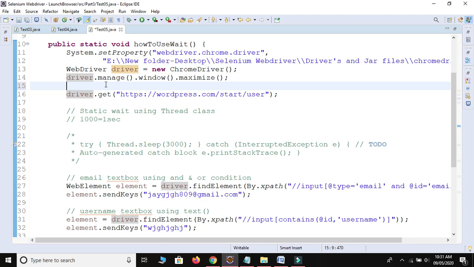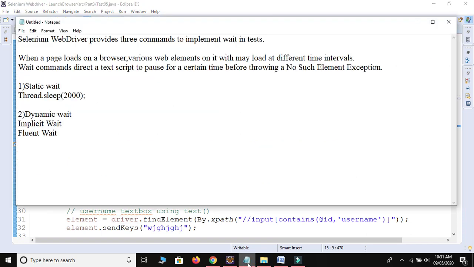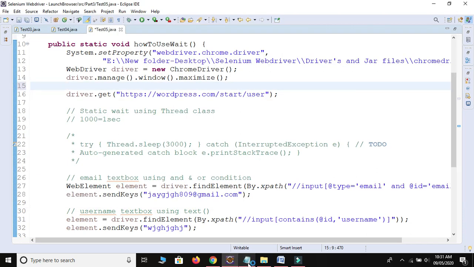Actually there are two types of wait in implicit wait. One wait is only applicable for the page load timeout, and the second wait is only for our elements.